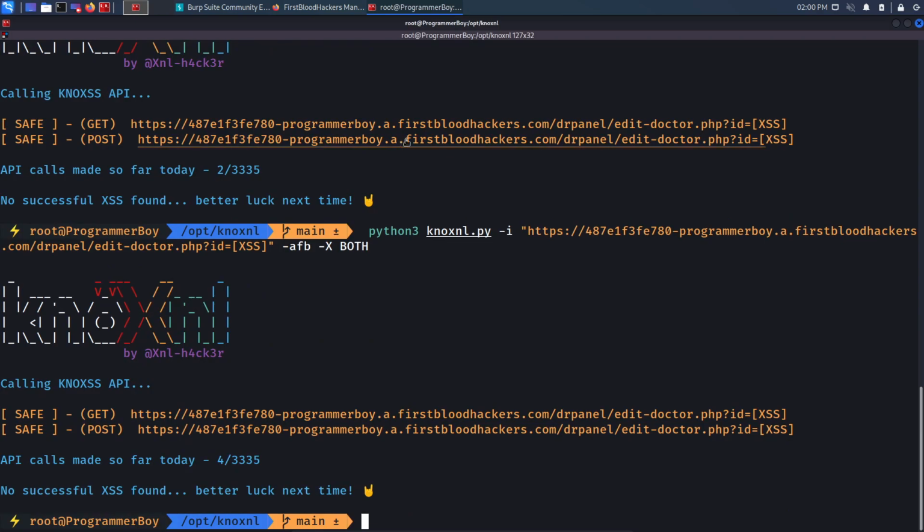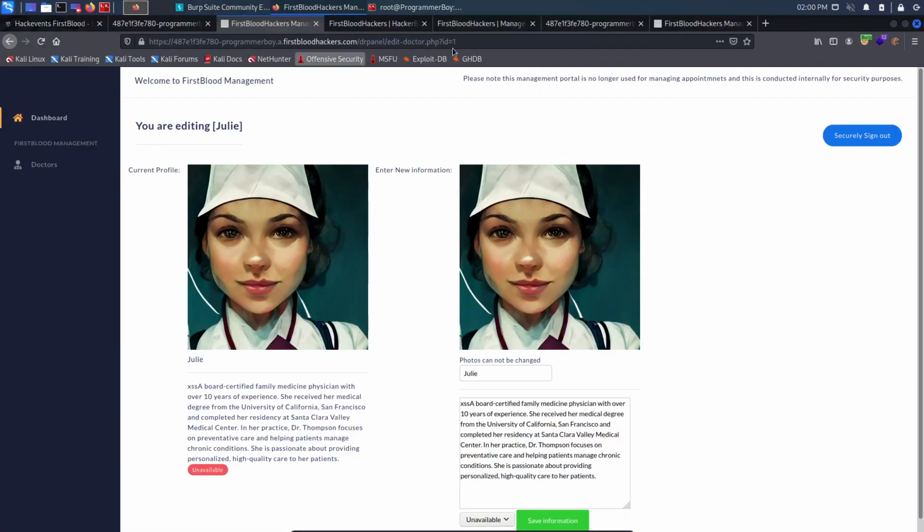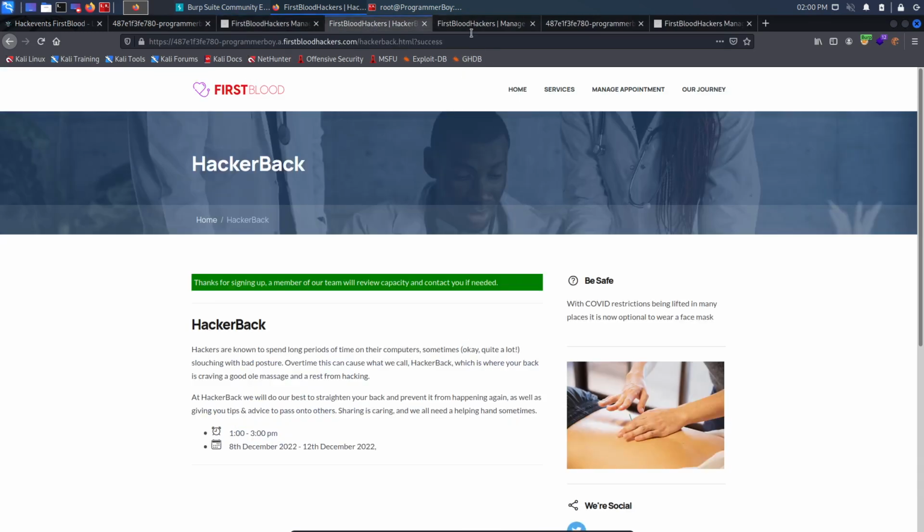Let's try on another API. So this might be a false positive, I don't know exactly what's going on. I will figure that out as well in the next video if I can. But there was another URL which was vulnerable to XSS, which was